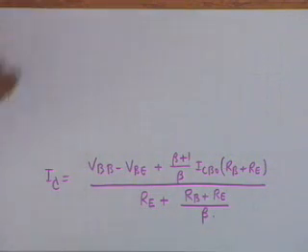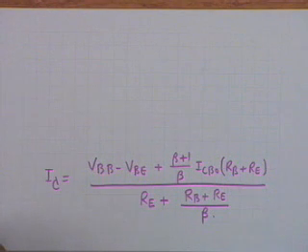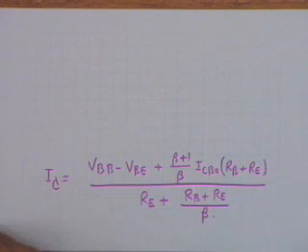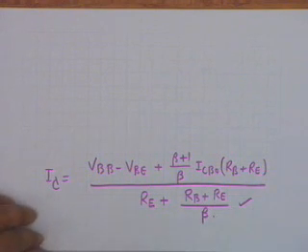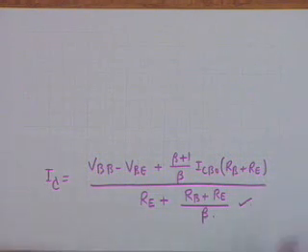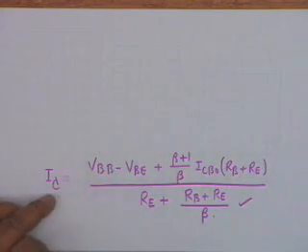In the denominator it is RE, there is no RC at all. This is correct: RE plus RB plus RE by beta. This is correct. Okay. Now, I want you to qualitatively first understand how I sub C depends on